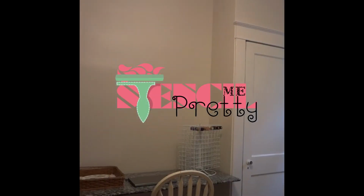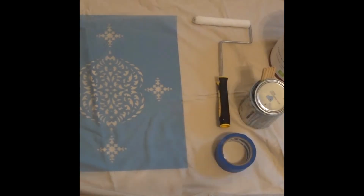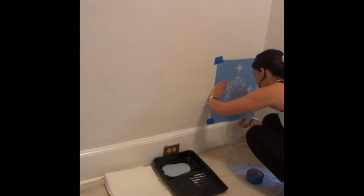Today we'll be stenciling this bare wall. I've already painted the wall a nice clean white shade to get started. I'm using some leftover paint from a previous project because you don't actually need a whole lot of paint for